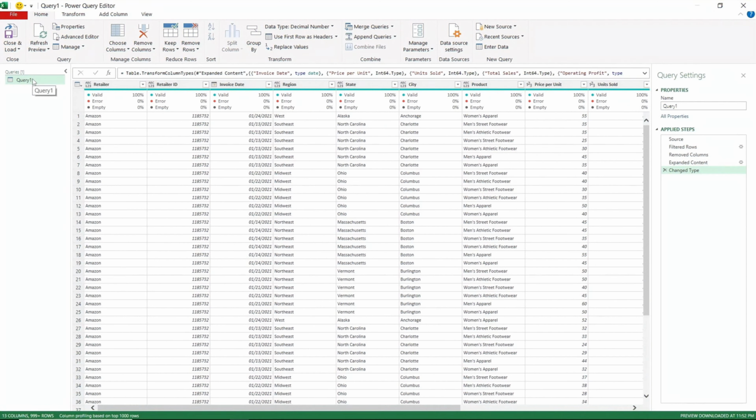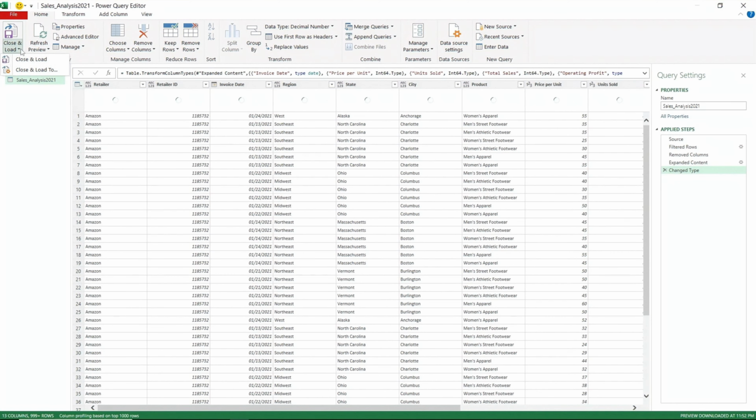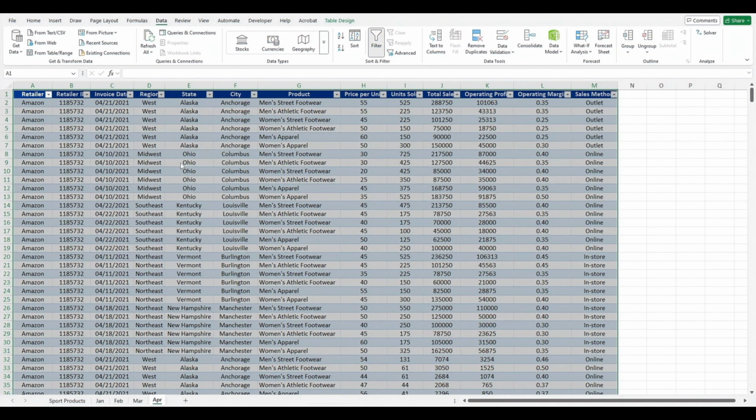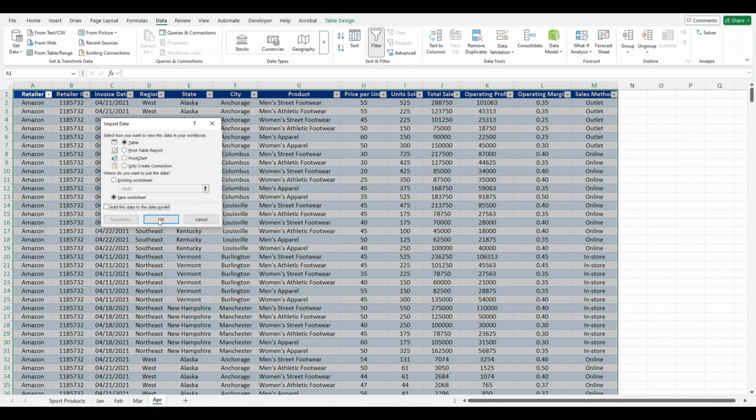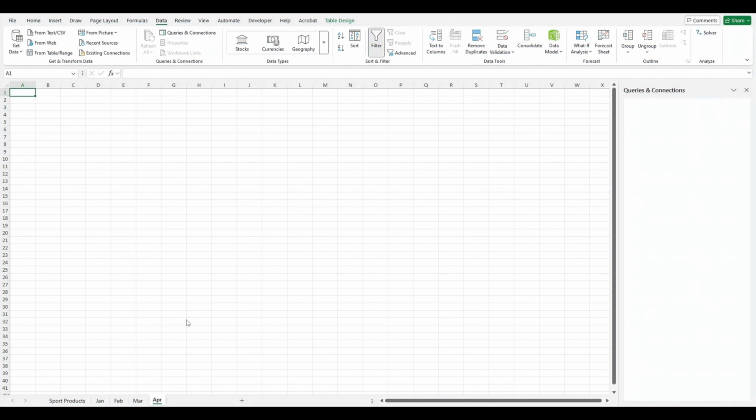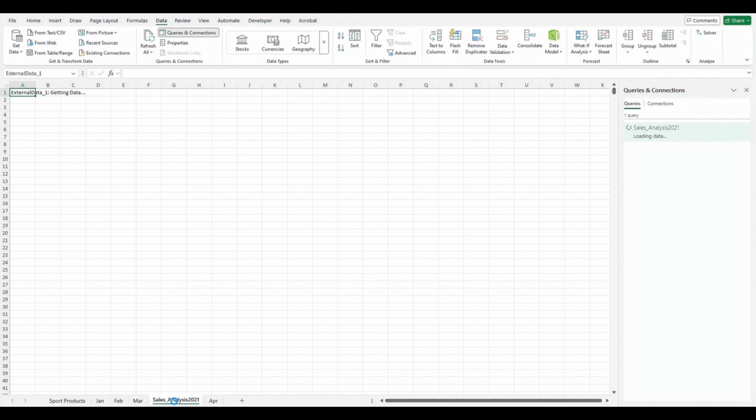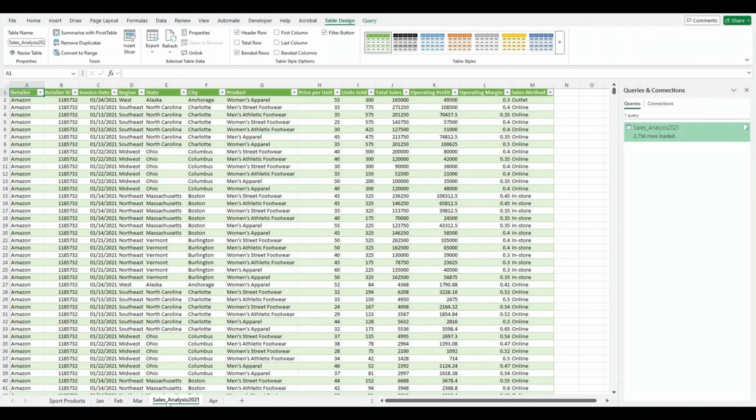And then the one thing I need to do is relabel the name of my sheet. So I'll name it sales underscore analysis 2021. And with that done, I close and load to a table. So you see, close and load to a table and OK it. And there it is. My worksheets have been merged, and I now have a new worksheet, which is sales underscore